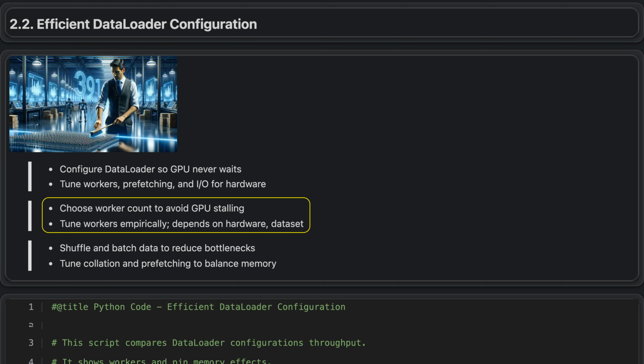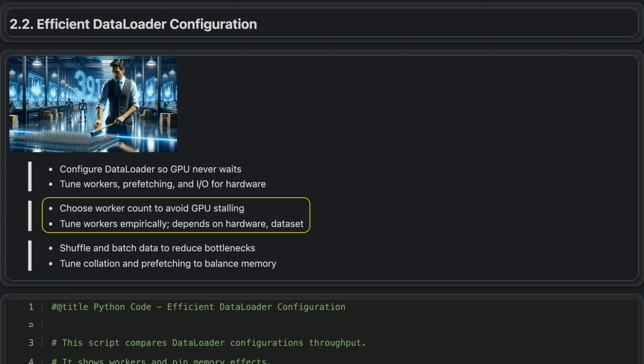You should tune this number empirically by watching GPU utilization, step time, and CPU load. Often, increasing workers up to a modest number speeds up batch preparation, but adding more beyond that gives little benefit and may waste resources. The best setting depends on your hardware and dataset, so experiment to find what gives the